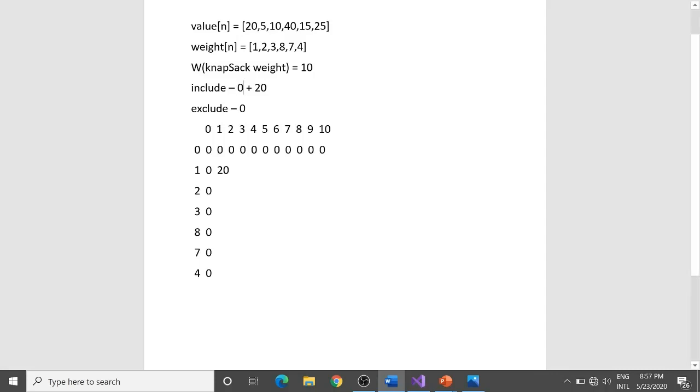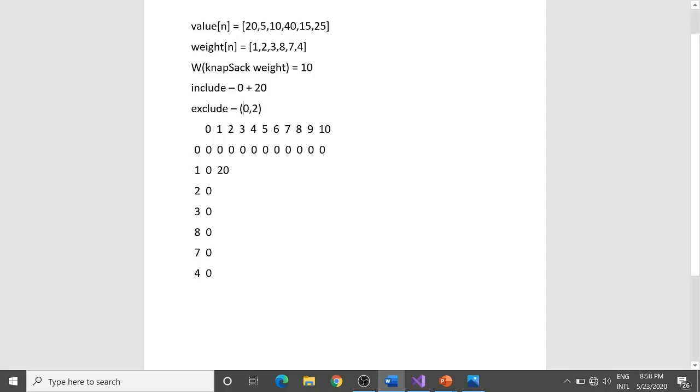It's 0 over here. If I exclude the element, so what does it mean? Just recurse for the remaining elements. Again, I have a single element. So what are the remaining elements? They are 0 elements. So just recurse for the remaining elements for a knapsack weight of 2 over here, because